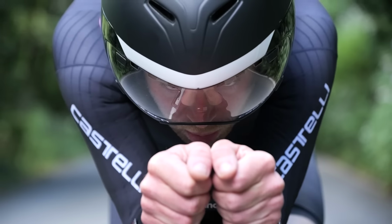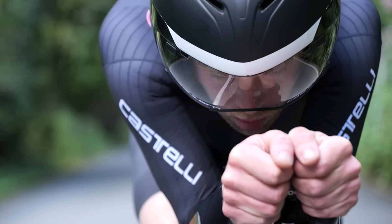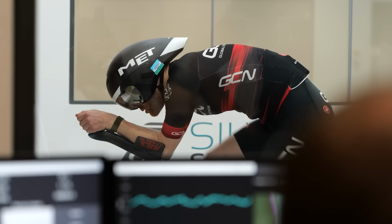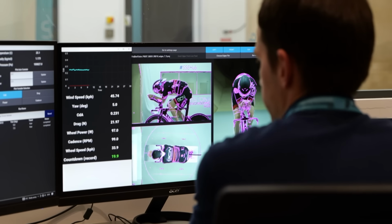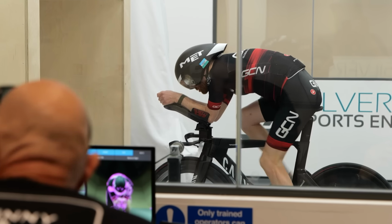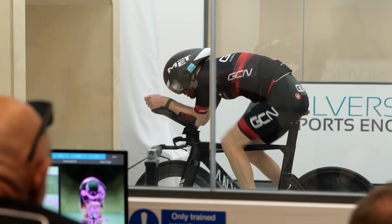With regards to kit and position though, the biggest thing that I can say to you is just practice at making yourself small on the bike and holding a good still position, like I've said before. Wind tunnels and aero testing are great, but they are expensive, and you can get 90% there just by looking at your position, analysing photos of when you've been racing, or getting people to take photos and videos of you as you ride past, or using things like mirrors when you're on the turbo trainer so that you can look at your position